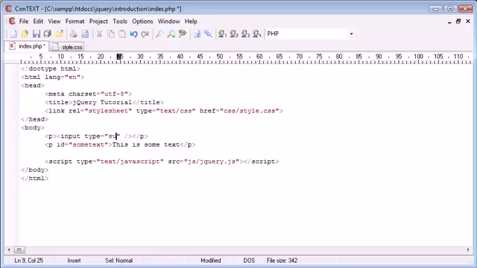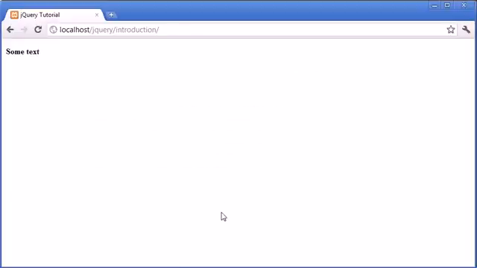This is going to be a button, the value we could say apply class, and we're also going to give this button an ID so we can check for when it has been pressed. So I'm just going to call this button. So when we press this button, let's just preview it in our browser, we want to apply the bold class